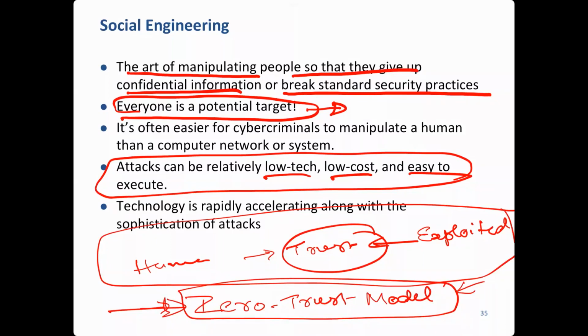If an employee needs to use a toilet, then specifically say you can use only this toilet, you can't go to another toilet. Or you're allowed to come to your desk, but you cannot go inside, for example, a lab or a data center inside the organization. You cannot go to the CEO's room, right? Even if the CEO comes, the security guard has to check. The same process is applied. So zero trust is a model that works beautifully against social engineering tricks.